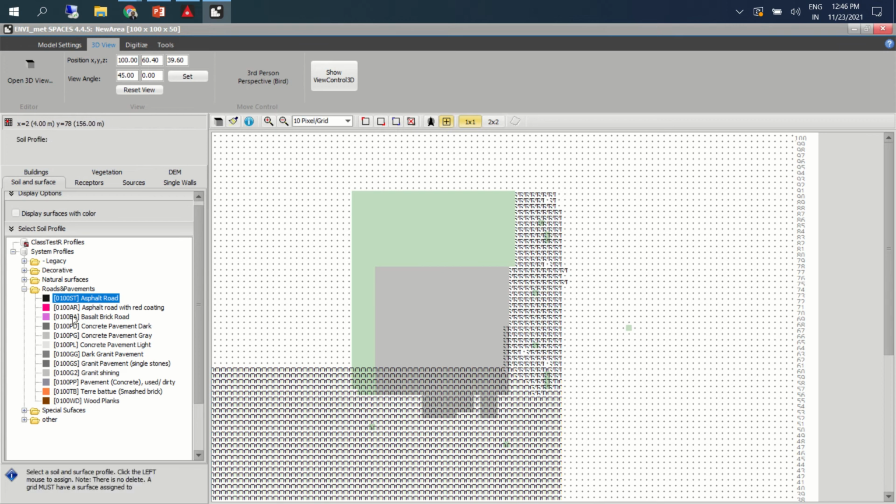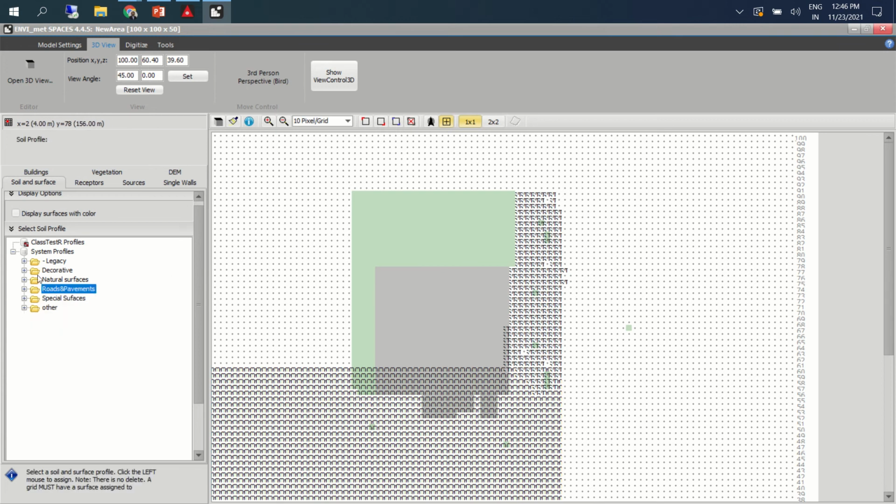So you can see what are the different surfaces that you can assign. Maybe you can just try with these three things. It's more than good enough. If you have any additional things, for example DEM and all, we can modify. If you have modified terrains and you want to bring that here, all that can also be done.